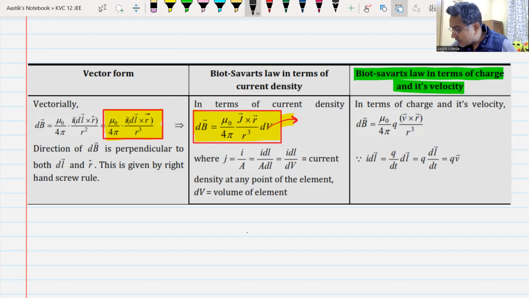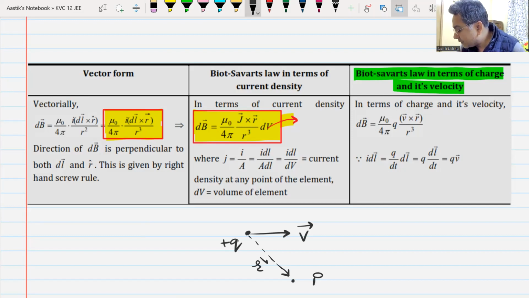For example, if I have a positive point charge, let us say plus q, moving with a velocity v vector, and I have a point P here whose radius vector is given by r vector. This point charge is going to create a small magnetic field dB at this point,